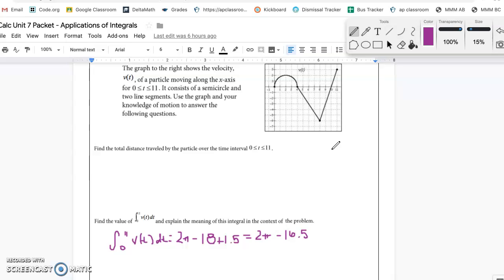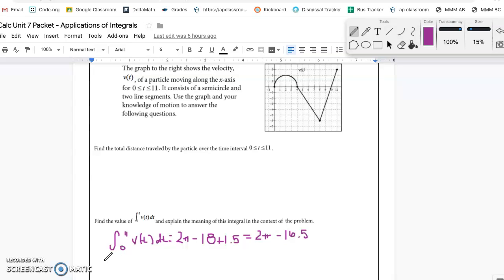So what this means in the context of the problem, we said that the antiderivative of velocity is going to give us the displacement of the particle. So if it's a definite integral and we take the antiderivative, it gives us the displacement. So basically, this is telling us how far away the particle is from where it started. So from wherever it started, it is 2 pi minus 16.5 units away. But all we have to say is